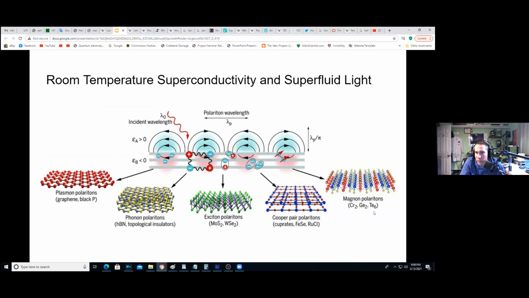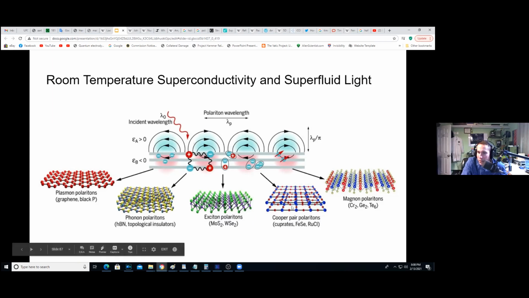So there were a couple of different things I wanted to mention as far as chemistry goes, and the types of chemistry and physics that we need to be looking into. I believe they are plasmon polaritons, and phonon polaritons, which are vibrational lattice polaritons. Then there's exciton polaritons, which are excited states within the material. Then the Cooper pair polaritons, like magic angle graphene and some of those other materials where you line up these states to create Cooper pairing.